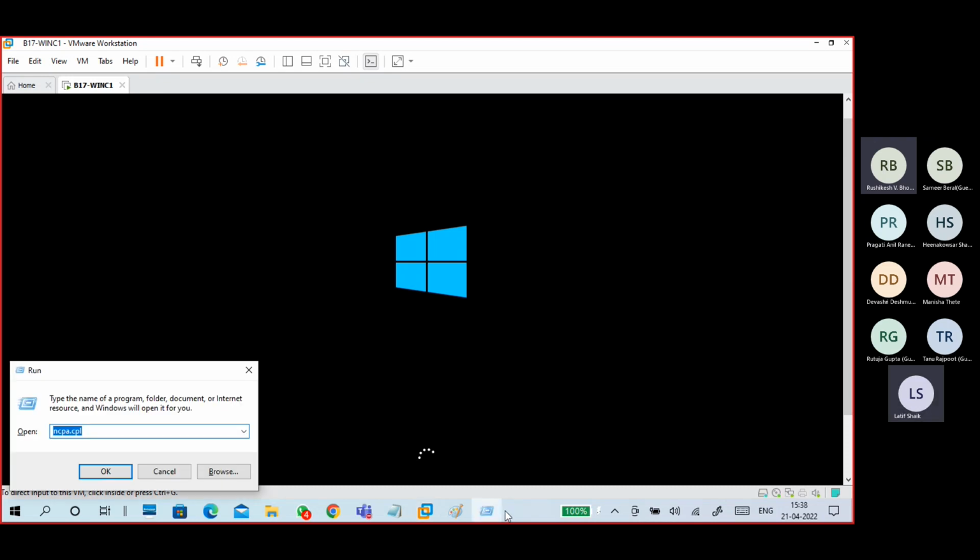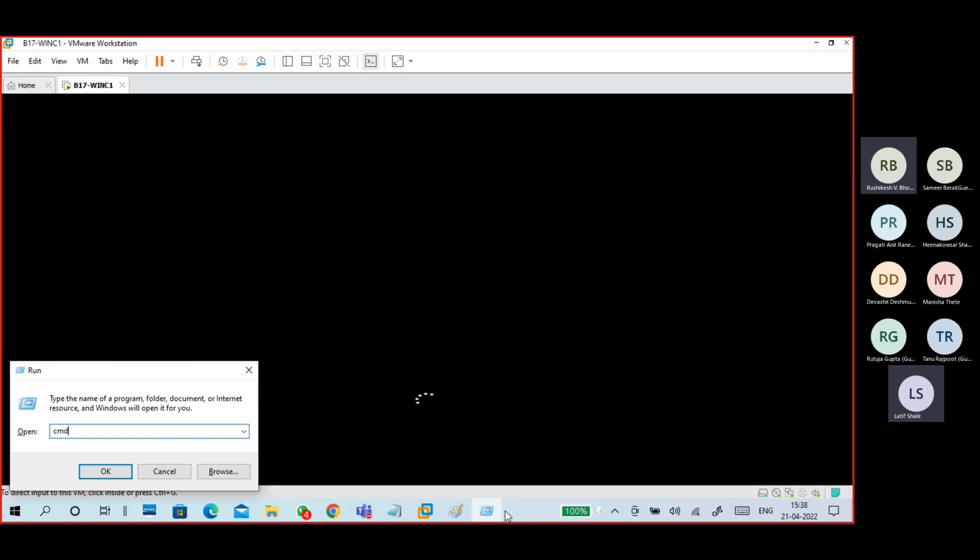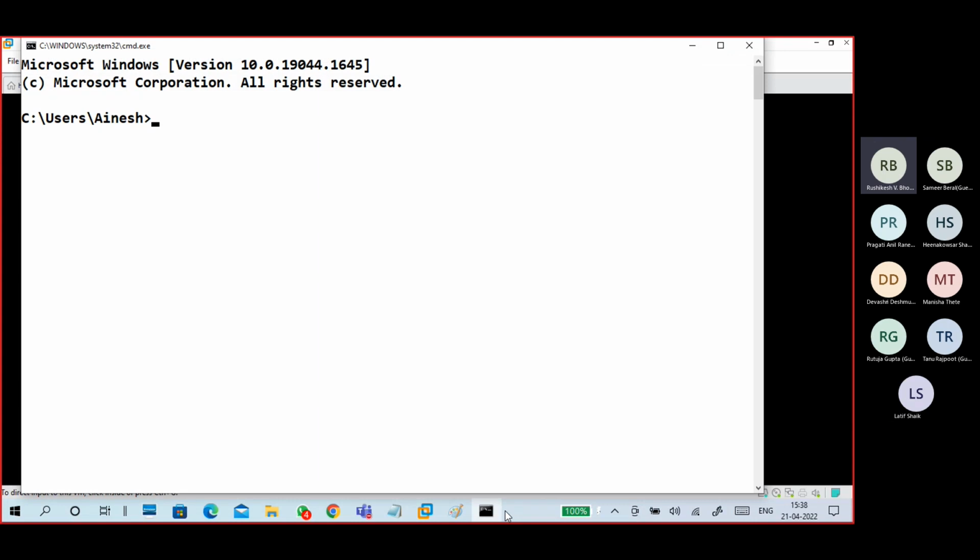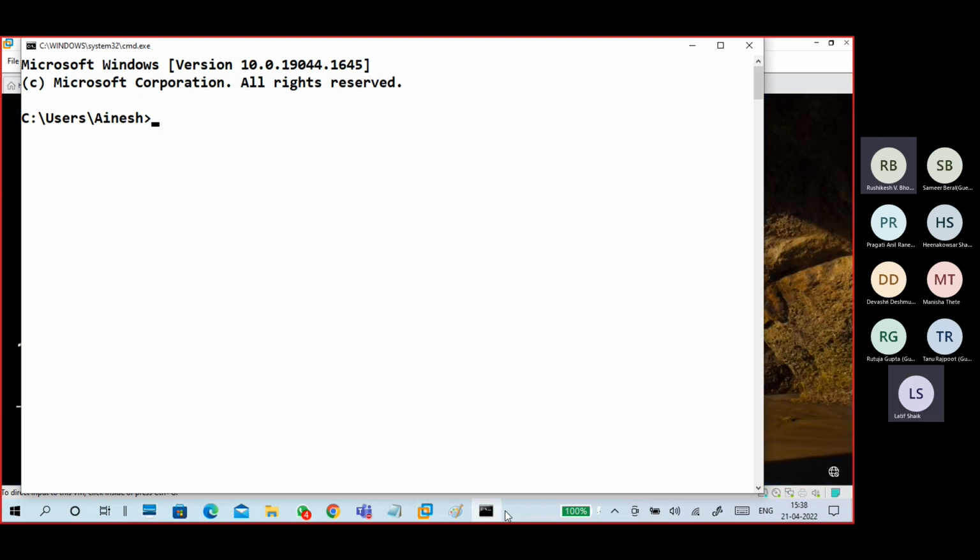Meanwhile, I'll check my IP address. How to check the IP address in command prompt? What is the command to check the IP address?